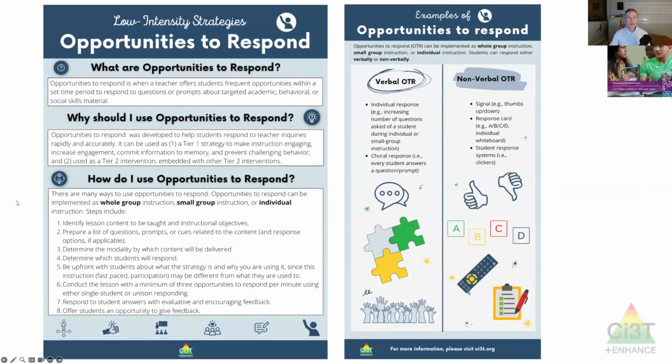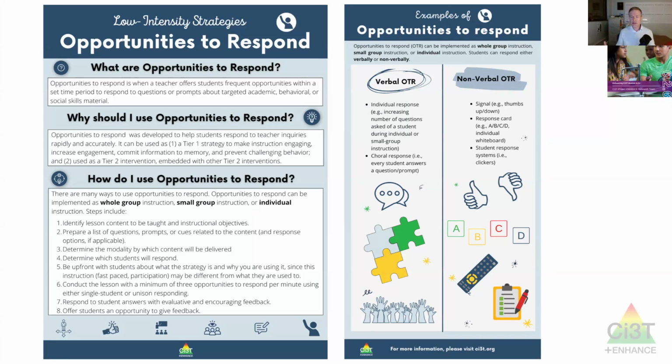Okay, so that's your introduction to opportunities to respond, and you saw the different ways you might be able to do it, verbal or nonverbal, and the opportunity for 3 per minute might seem like a lot, but I'm going to give you some tips and when that's appropriate, and how opportunities to respond can just be your regular strategy that you incorporate through the whole day. And at that point, it's just what you do. It's what good teaching is. So it may not be the 3 per minute. The 3 per minute we're going to talk about is when you're doing a designated time period for review of some material, for example.